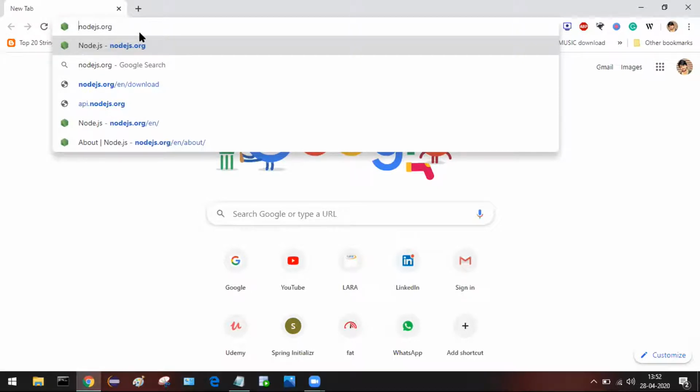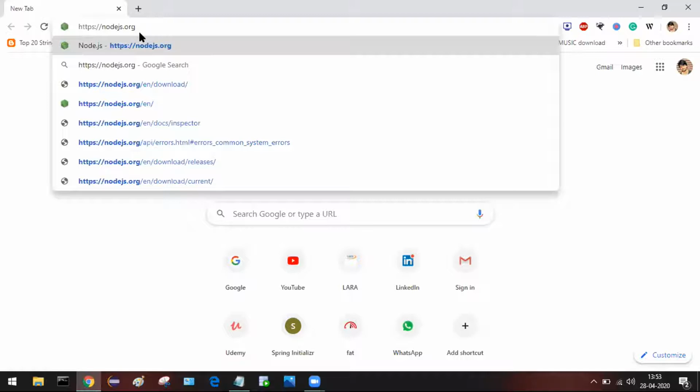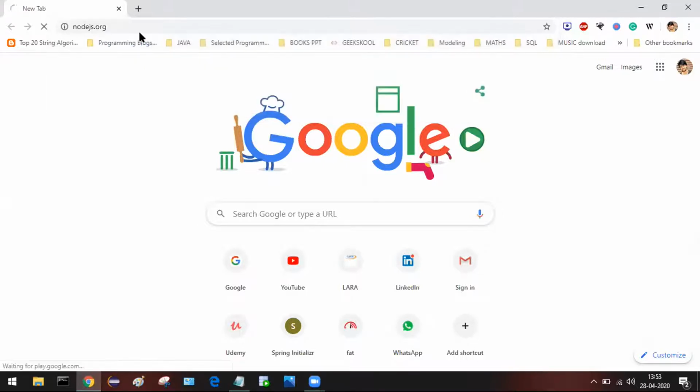Otherwise, you can give the full name, https://www.nodejs.org, and hit enter.